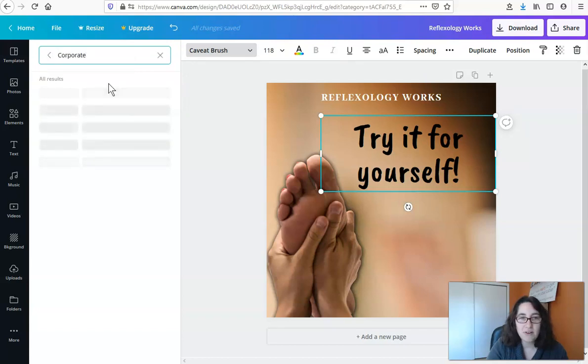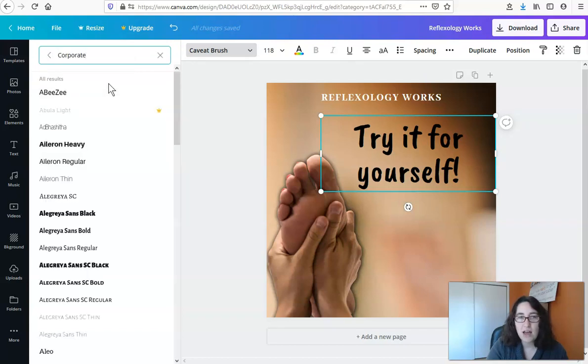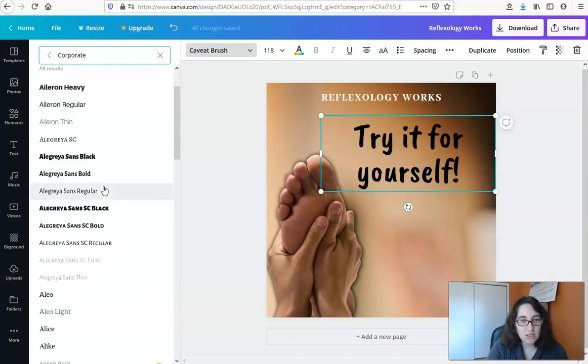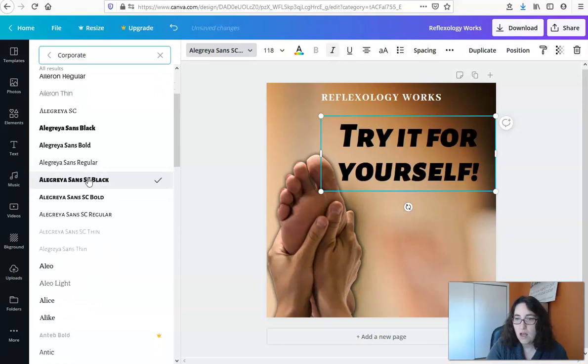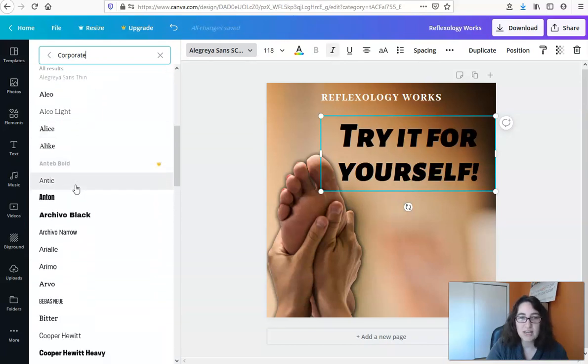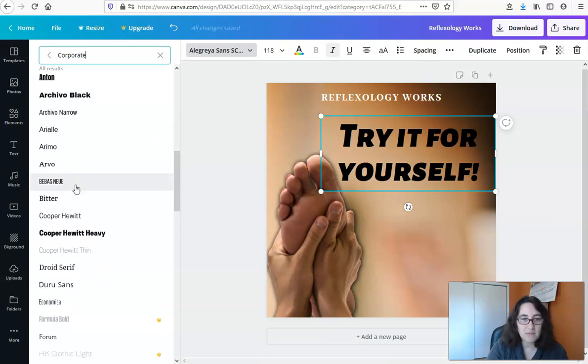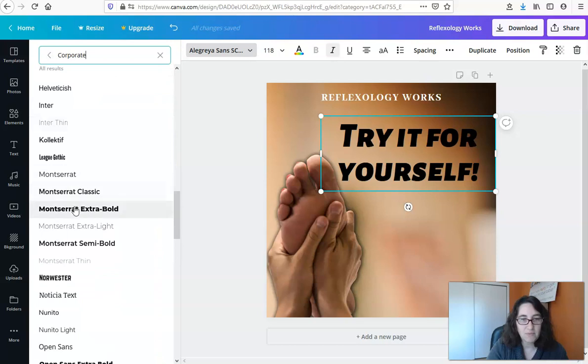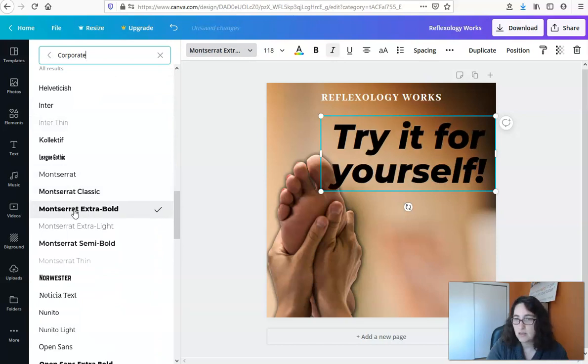And since they don't have my fonts on here that I know I like, I'm going to go with this corporate look. And I'm going to pick something that has a couple different variations. That's a nice way to add some visual contrast and help certain parts stand out better. So like this one's got,